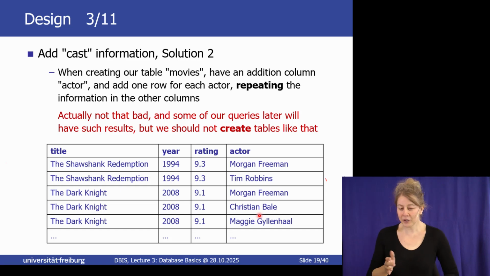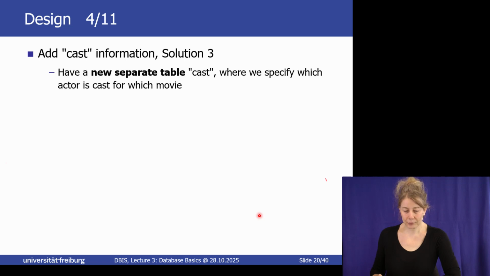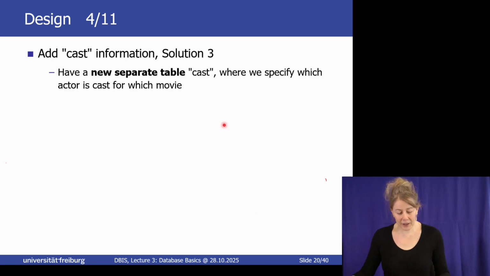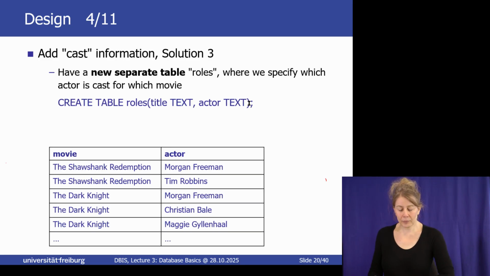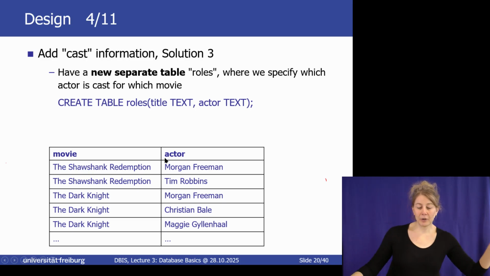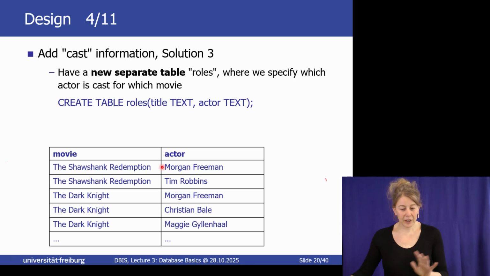So how do you actually do it if that's not the right way? Here's the next attempt, already a little bit better. Have a separate table, and we want to call it roles. Cast is actually a keyword. So I have a separate table like that. I have my table where I have the movie information, also the year and the rating, so I don't have to repeat that. The only thing I have to repeat here is the